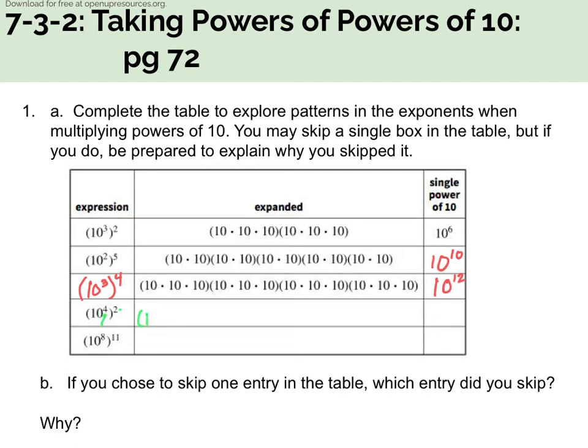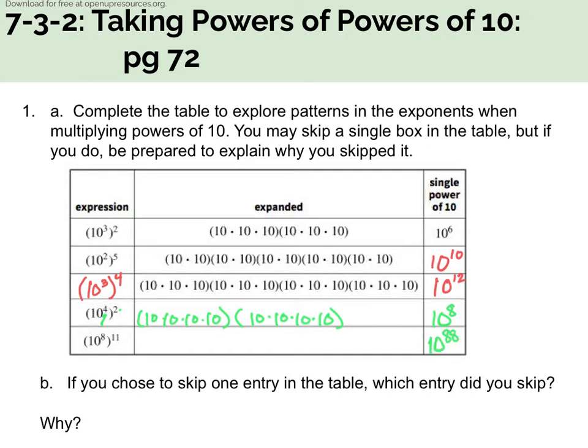All right, let's jump down and let's do 10 to the 4th, 2. So we have 10, 2, 3, 4. And then we have a second group of it. And so we know that 10 is repeating over and over again. How many times? So we have 1, 2, 3, 4, 5, 6, 7, 8. So we're going to have 10 to the 8th. So the last one, if you've noticed the pattern, is going to be 10 to the 88th